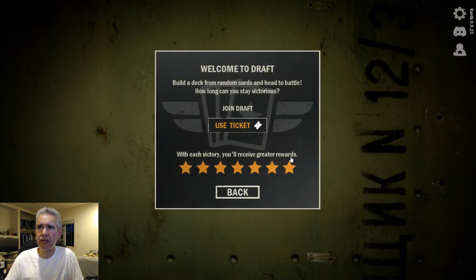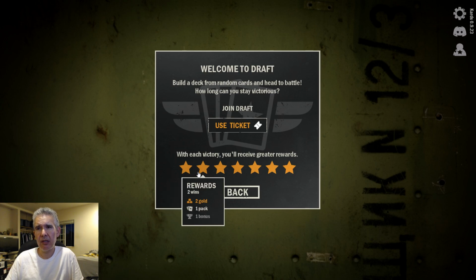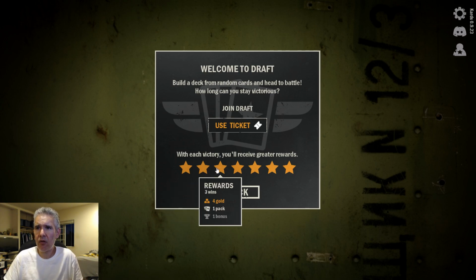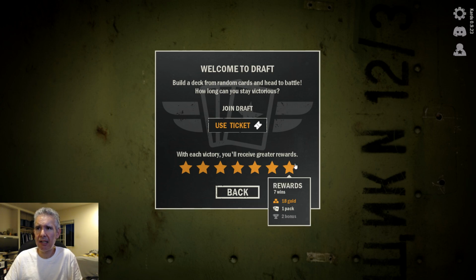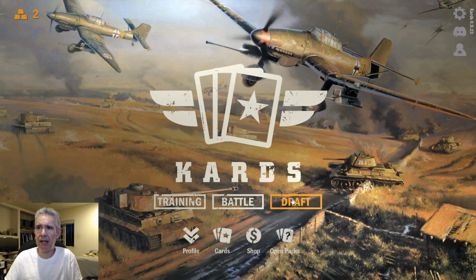Each victory you will create general. So okay, here we go. If we get 0 to 1 wins, you get 1 pack, 1 bonus. 2 wins, you get 2 gold in the pack. 3 wins, you get 4 gold in 1 pack. 4 wins is 6 gold in 1 pack. 5 is 9 gold, 1 pack. Well, not that great rewards. 6 is 15 gold, 1 pack. And 7 is 18 gold and 1 pack. It's a lot of gold, but not a lot of...